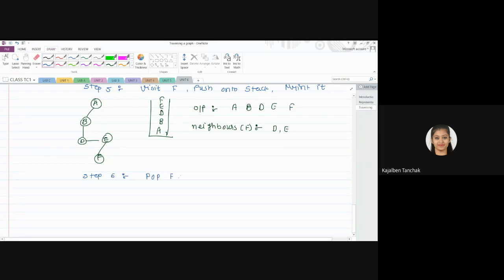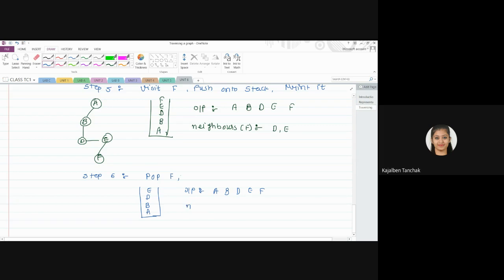Pop F. So we will pop this from the stack. So now you just see here A, B, D, and E. Output we have already printed, right? So we cannot change that, but from the stack we will pop it.